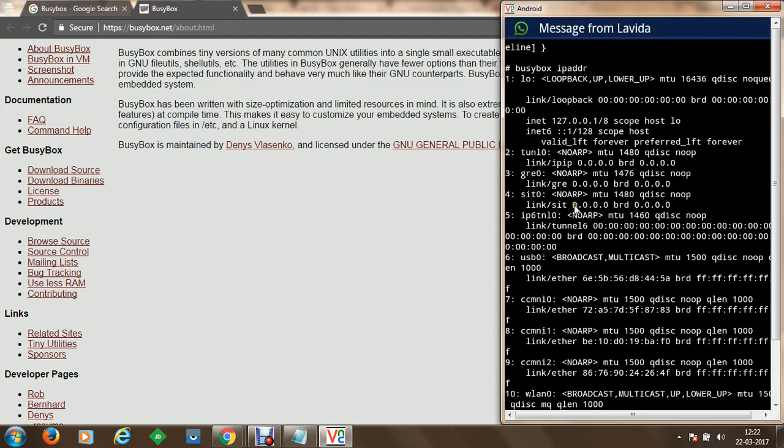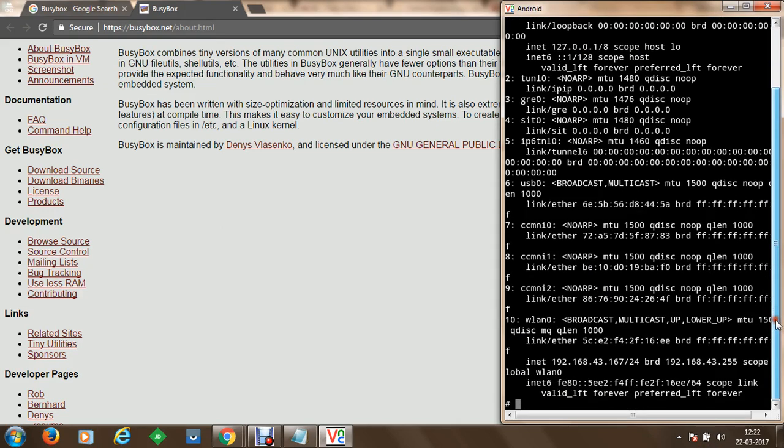So you can see that we have various interfaces available. We have an inet interface on which we have a loopback IP. Then we have interfaces like wlan0 at the bottom. If we go to this interface wlan0, you can see that on wlan0 we have some network ID available, and this is the IP address 192.168.43.167. This belongs to my current mobile device which we are using for this demonstration.